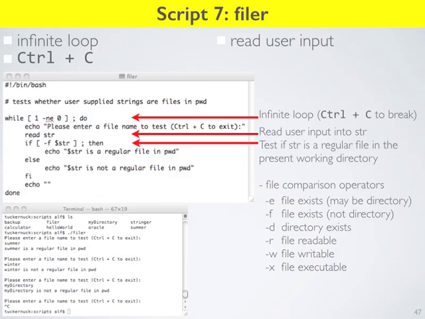And that's basically just a break command. Control-C on your keyboard will break you out of your Bash script. So if you have a Bash script that's running wild and causing all these problems, you can hit Control-C to kill the script. A very useful thing to be able to do.